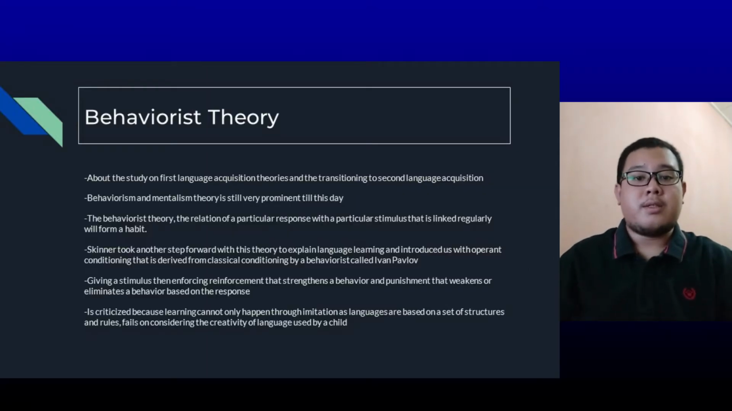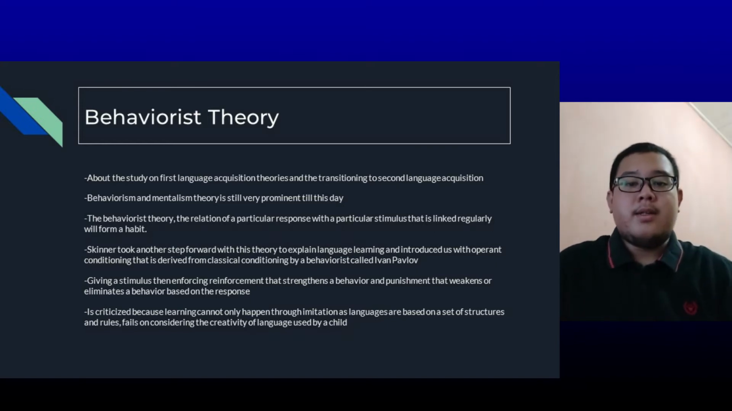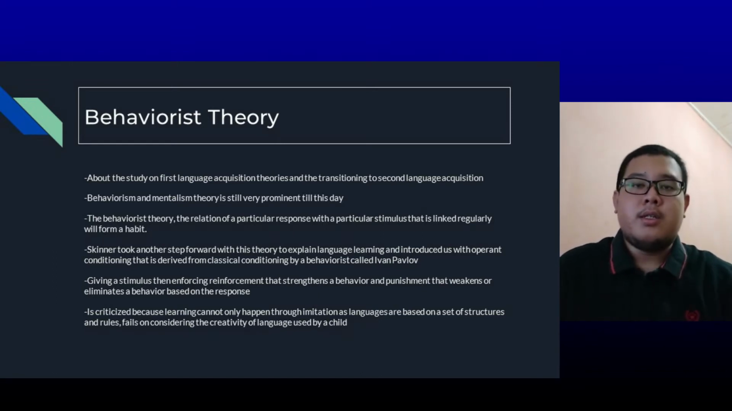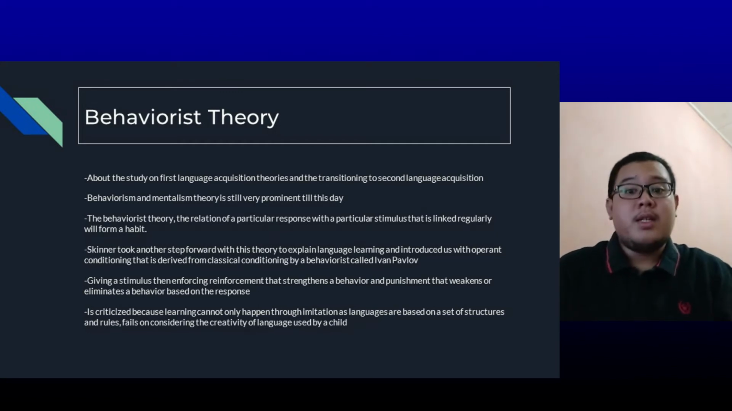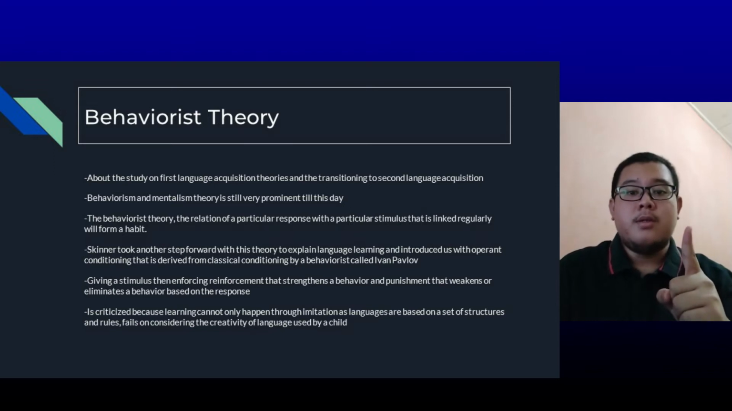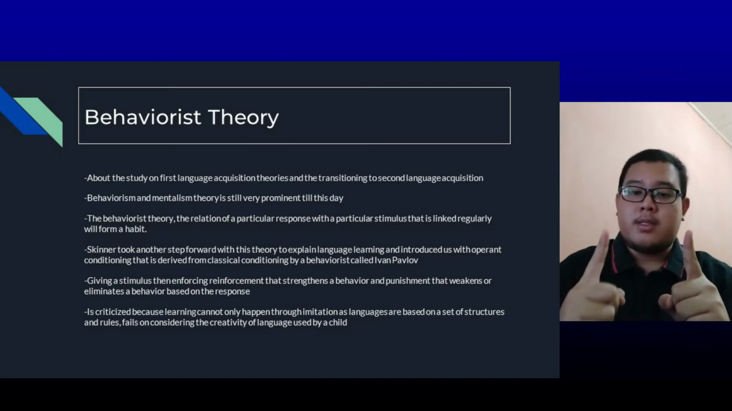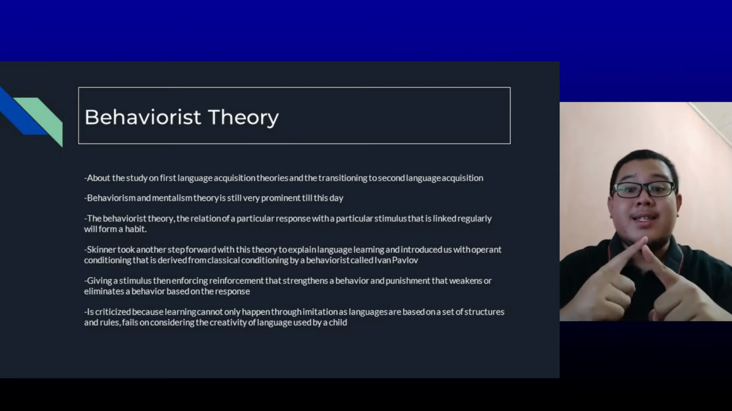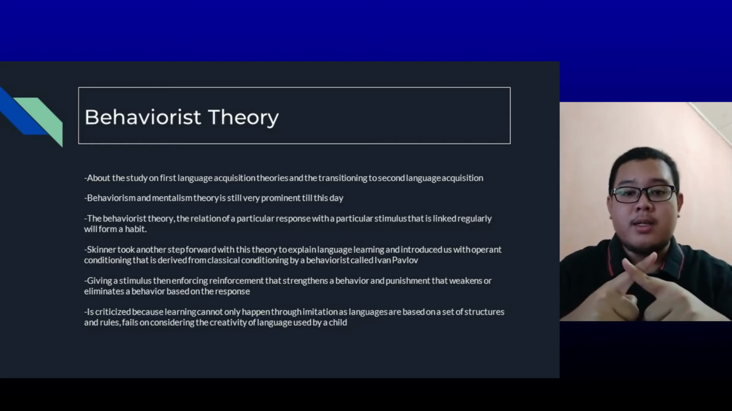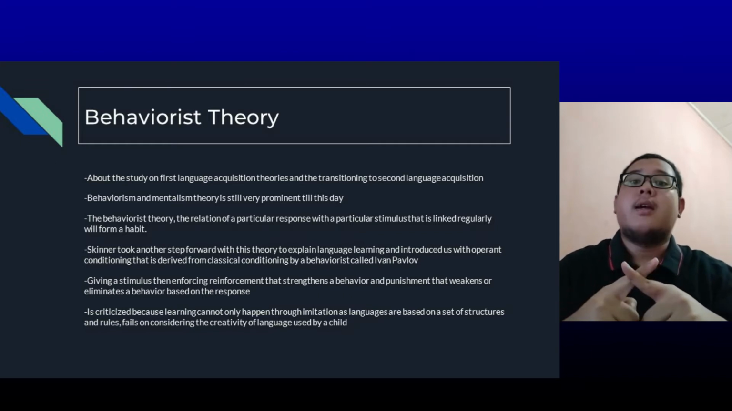Okay, first of all, let's talk about the behaviorism theory. The behaviorism theory is the first FLA theory, and in this research, the author explained that the behaviorism theory is about the relation of a particular response toward a particular stimulus that is linked regularly again and again until a habit